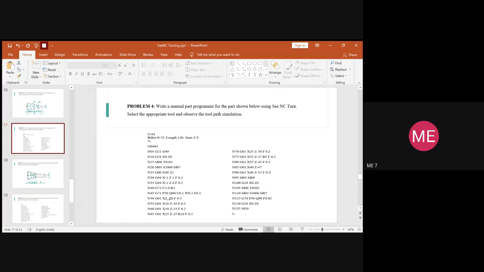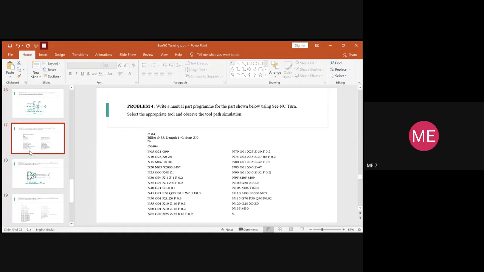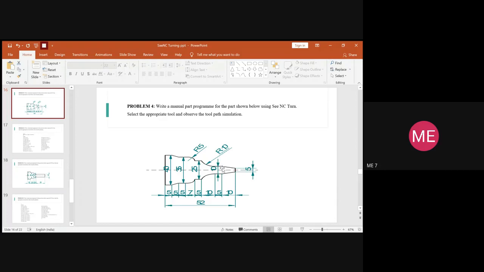So next again the coordinate has to move on to the next block. So which is the next block here? So one is x5 already over. So next, the value of x, what you need is 10 mm. The dia here at the second block is 10. So x value will be plus 10, but z is moving backside by 10 value. So z will be equal to minus 10. So you will write x10, z minus 10, and feed value, the feed rate value what you're giving is 0.3. So now the tool is at this position. Okay, the tool is over here.